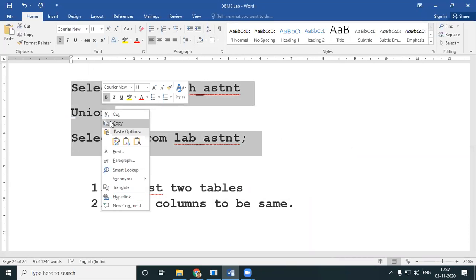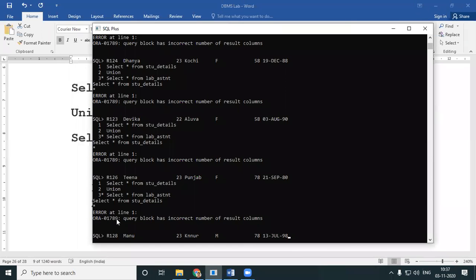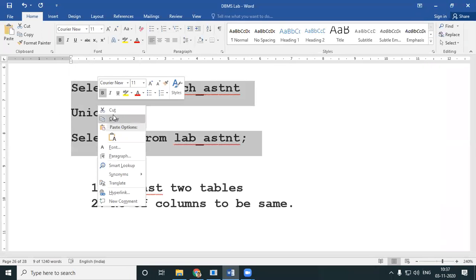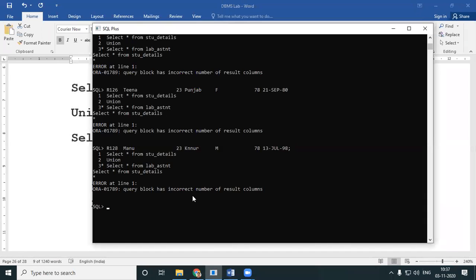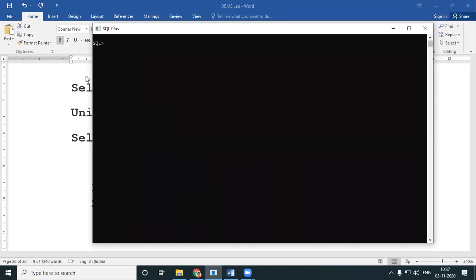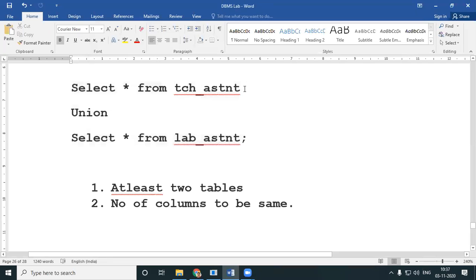So you copy this and go back here. Just clear my screen. Okay. I will get things perfectly, because the number of columns here was 3, and here also it was 3.